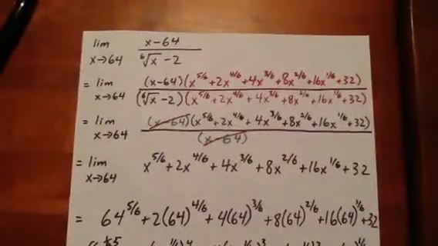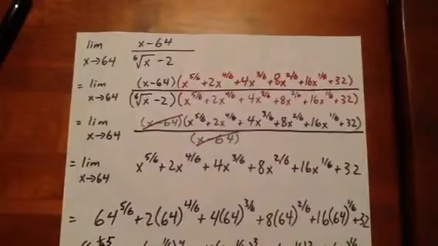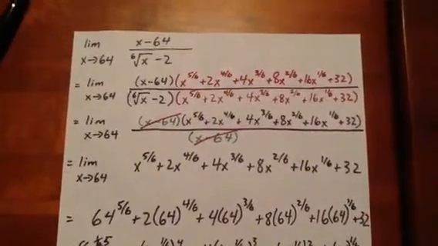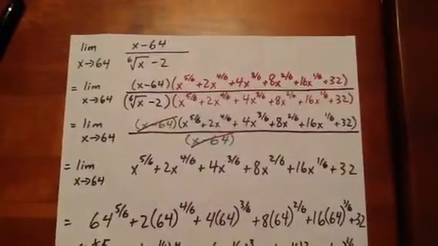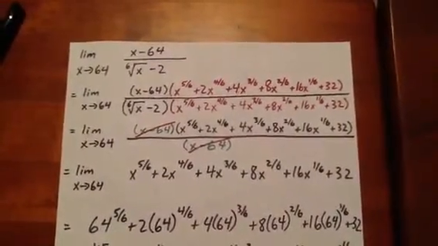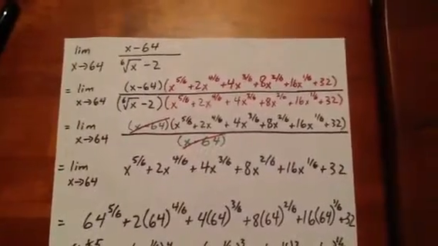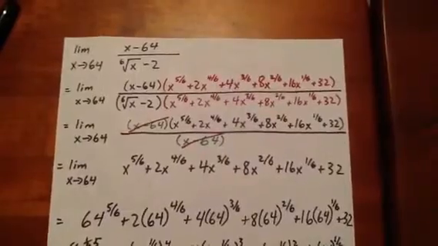In this question, we're going to figure out the limit as x goes to 64 of x minus 64 over the sixth root of x minus 2. Now this is a real thinker because we have to recognize the denominator as the first factor in a difference of sixth powers. Now you might wonder whether you know the difference of sixth powers, but in fact you probably